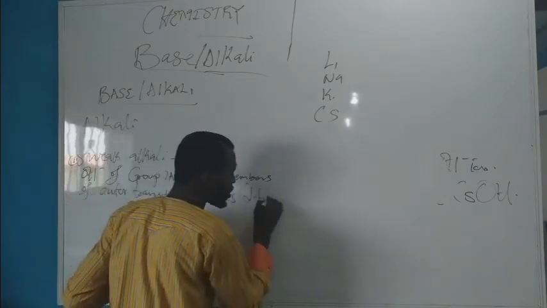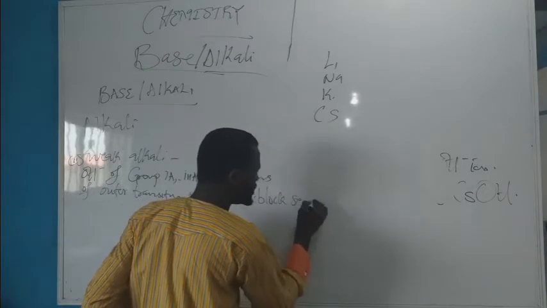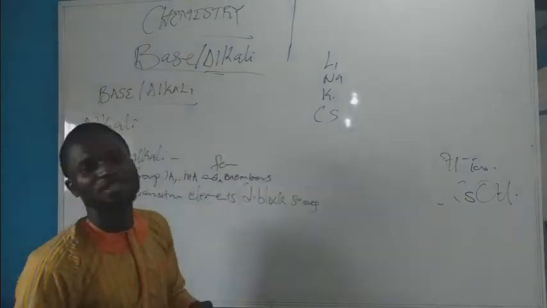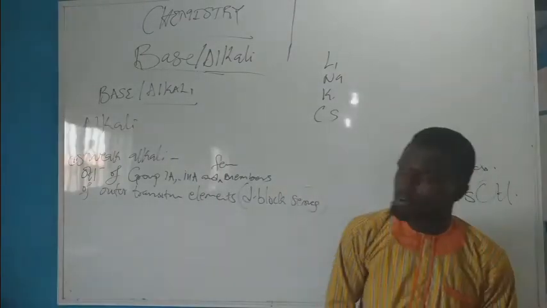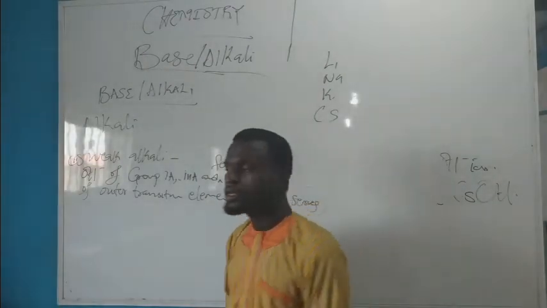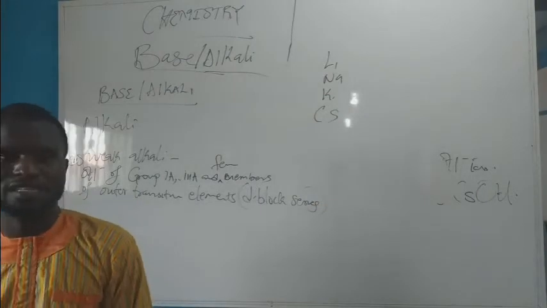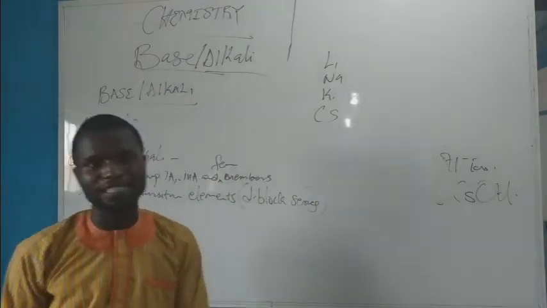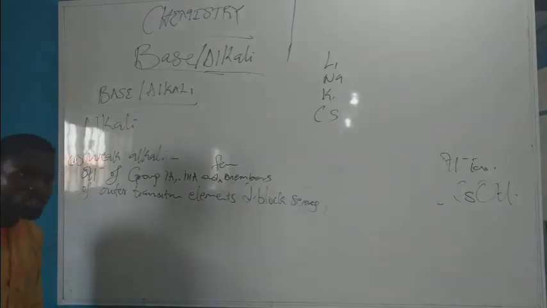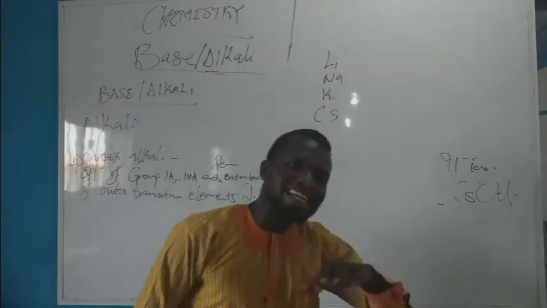That is D block series. You know, we have what is known as outer transition and inner transition. The outer transition elements comprise the D block series, while the inner transition comprises the F block series. That is the lanthanum or lanthanide and the actinium or actinide series, which is situated at the base